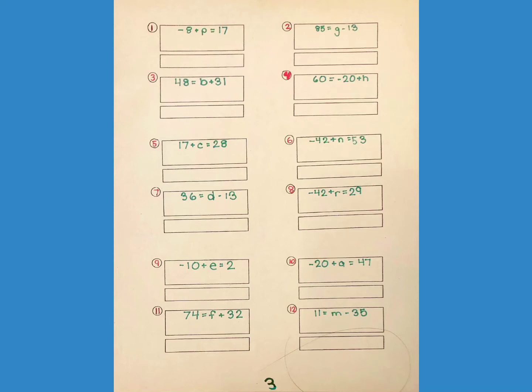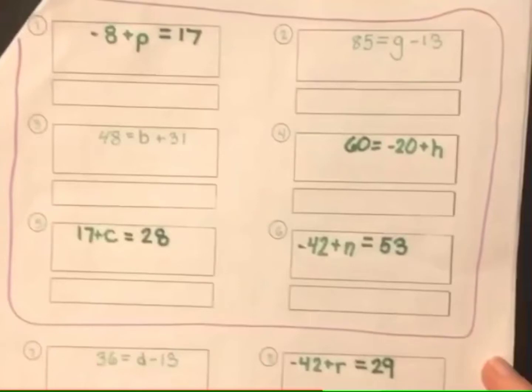We're doing one-step equations with addition and subtraction. Make sure you have page 3. There are several pages similar to this. It should have a 3 at the bottom. Let's begin. In this lesson, we'll do the top 6 together, and then you'll do the bottom 4 on your